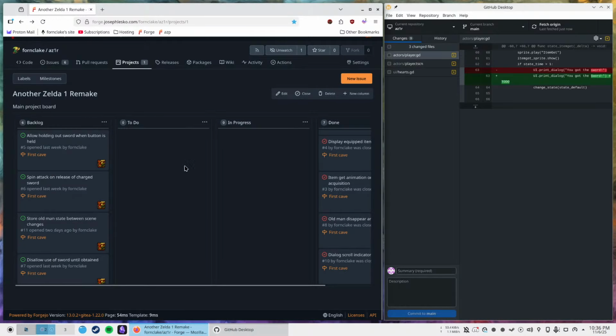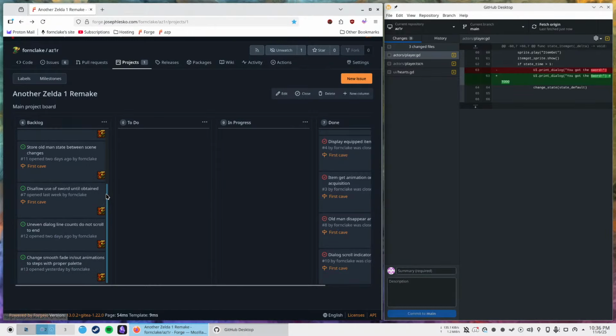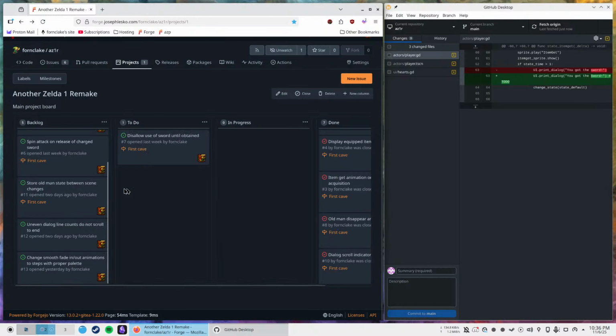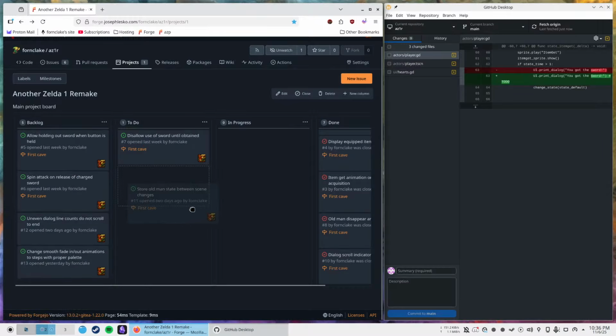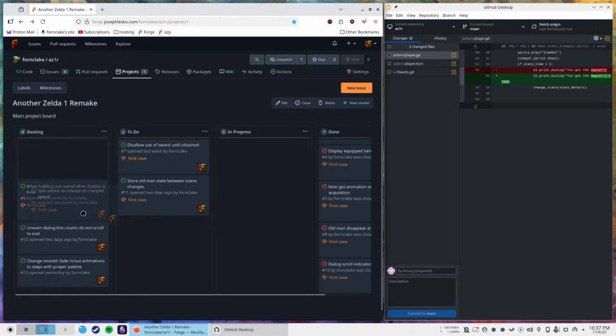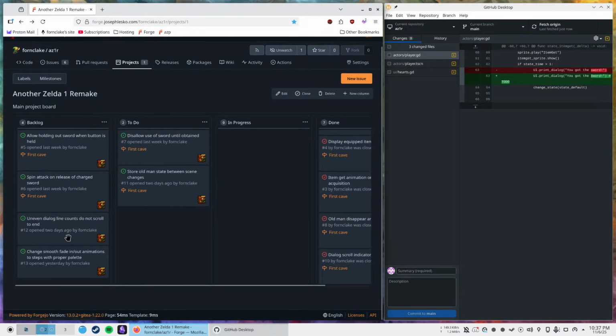Cool. I did the two things that I wanted to do today, but I've got time. So let's do a couple easier ones. Disallow use of sword until obtained, perhaps? Store old man state between scene changes, perhaps? I don't want to do sword animations right now. And then